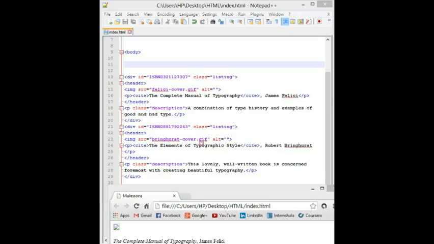When there is a list of class values, simply separate them with spaces. In the next example, I have classified each div as a book to set them apart from possible CD or DVD listings elsewhere in the document. So let me show you the example.